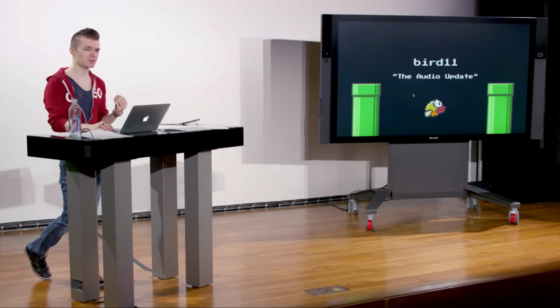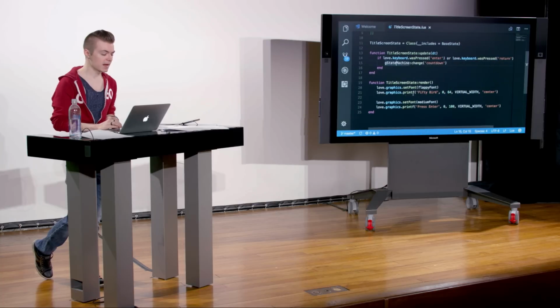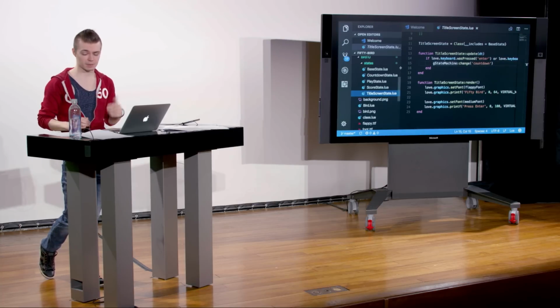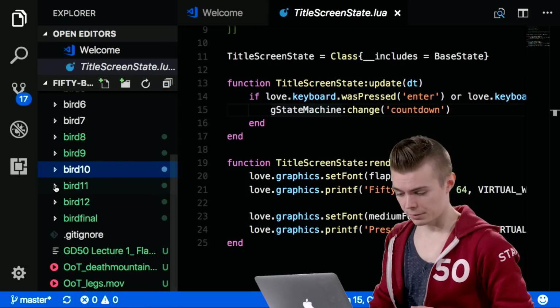Probably my favorite part of many of these examples and of this example as well is adding audio to our application, music and sound effects, which really sort of tie everything together. So we're going to take a look at this. It's very simple, very similar to what we learned last week when we just did Pong. So in main.lua of bird 11, which is what we're going to look at now,